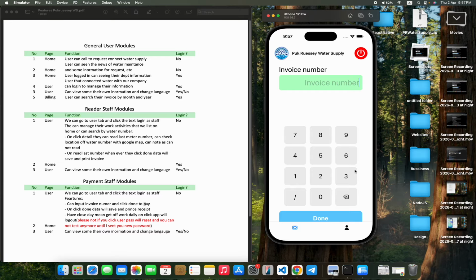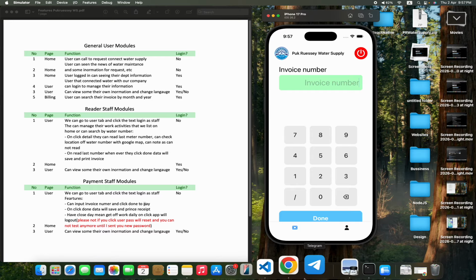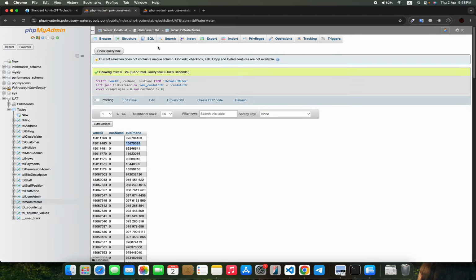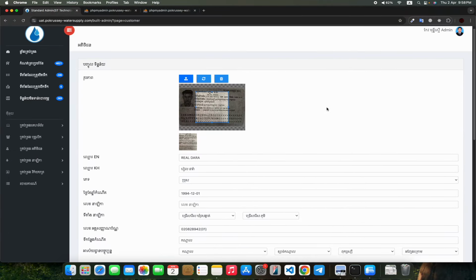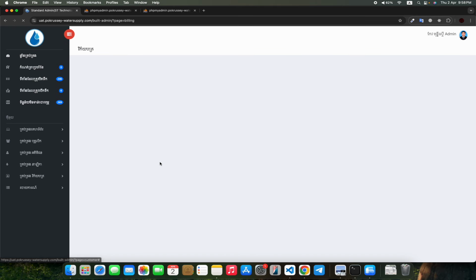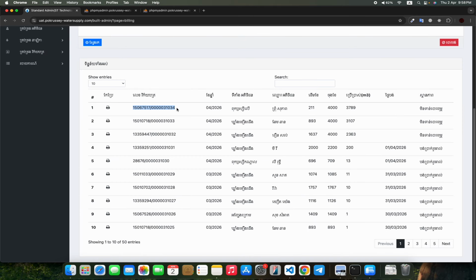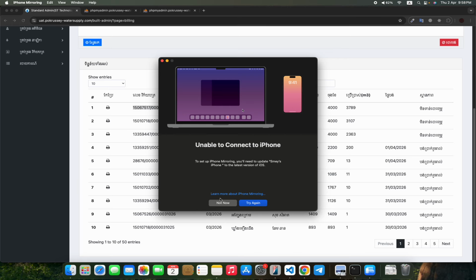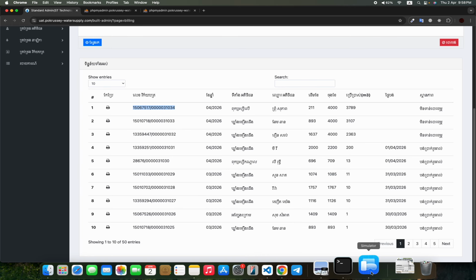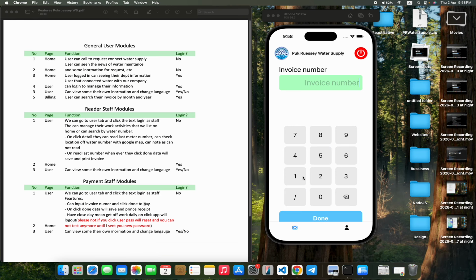Yeah, I will get the sample one for you. This is our admin web portal, and we can go and take the sample invoice. So we can input here. Oh, that one we cannot paste.